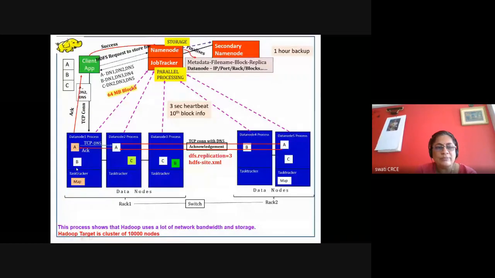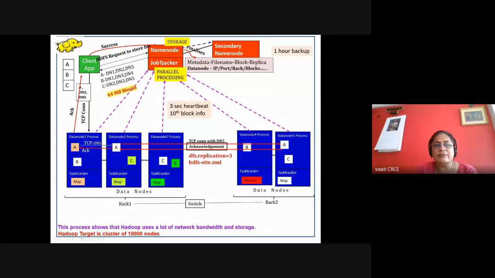Then, because C is in DN2, it will send the same map function. You are writing a single piece of code. Maybe your code is only 4 or 5 lines, and that code is here. The same copy of code is here. Now this map is going to work with this C block. Now both of them will work. If I'm assuming that this machine is the primary for B, then this map will work on the B block, and then it will decide that this machine is free. It is not performing anything, it is an idle machine.